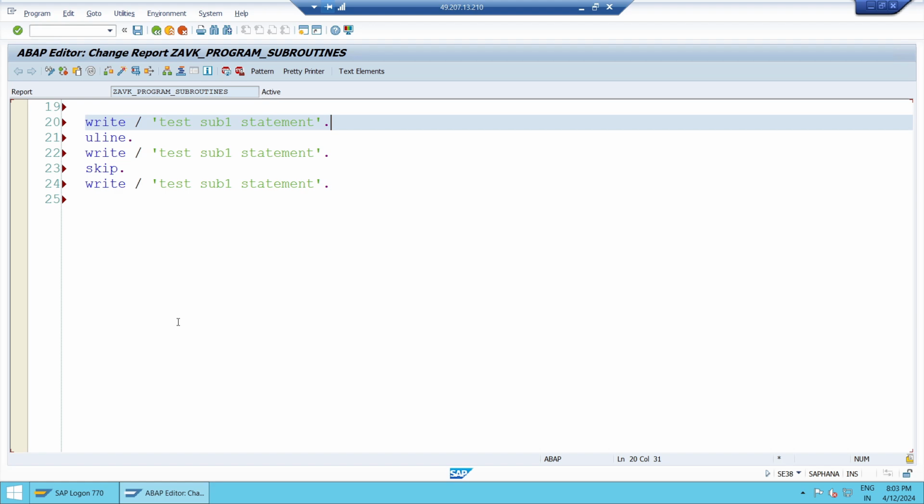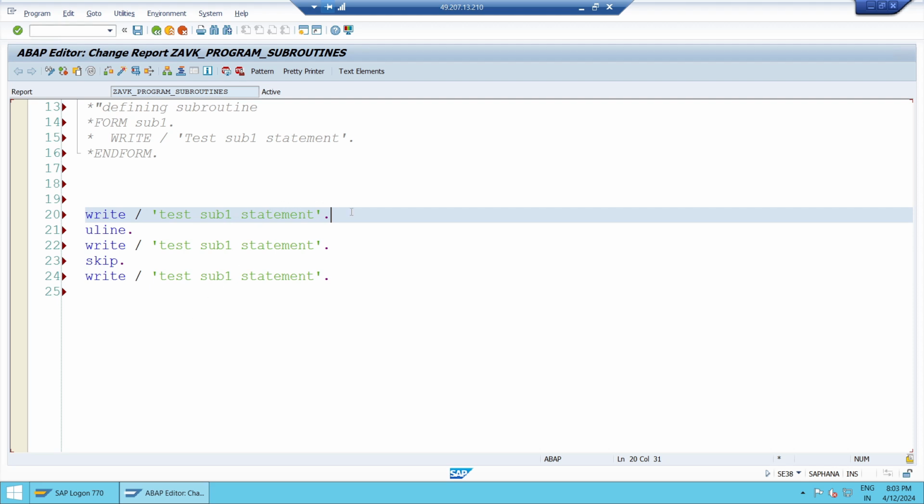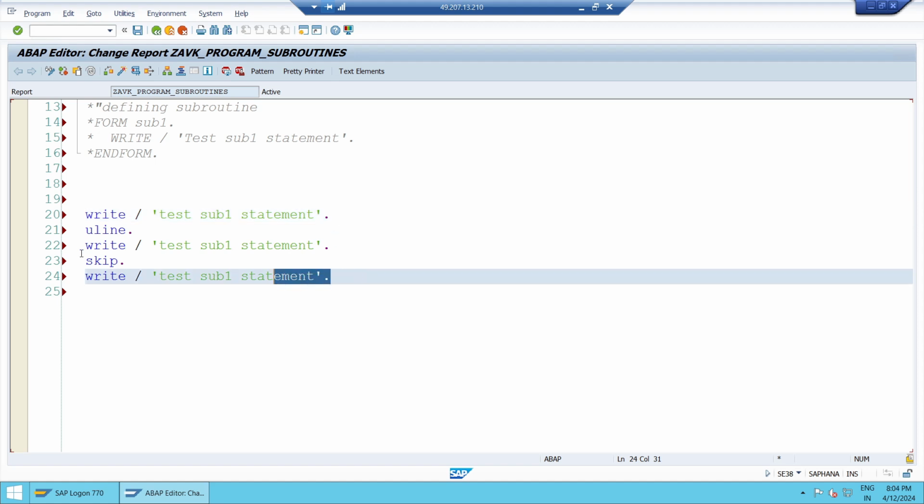By using routines, subroutines or forms. Simply, what is the confusion? The confusion for the developer is why the code appears twice. If it is one line, we can catch it, it's okay. But 10 lines, 10 lines, 10 lines, repeatedly writing 10 lines again and again leads to confusion for the developer. Correct? That's why